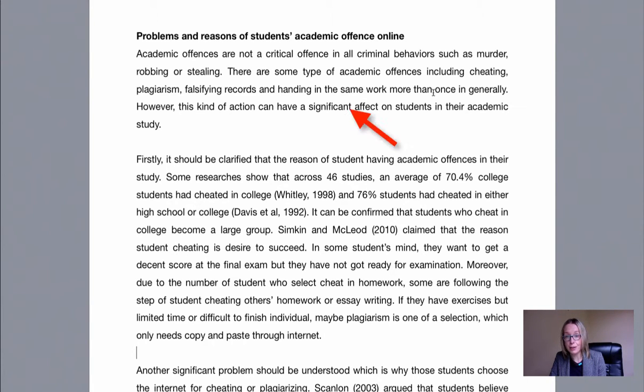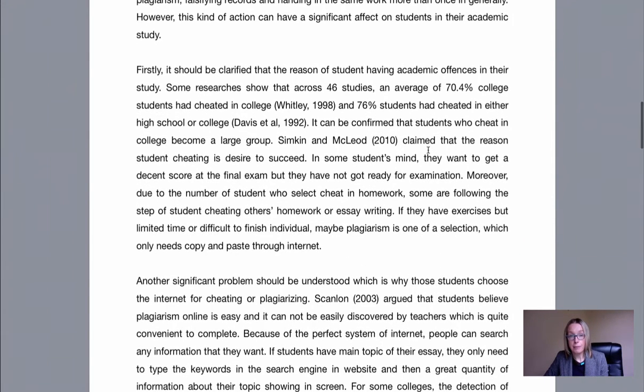There is a mention of significant consequences here in the first paragraph, and this is quite appropriate, but it would have to be developed further, for example by referring to university guidelines. So, what follows is the exploration, or is supposed to be the exploration of reasons why students commit plagiarism, and